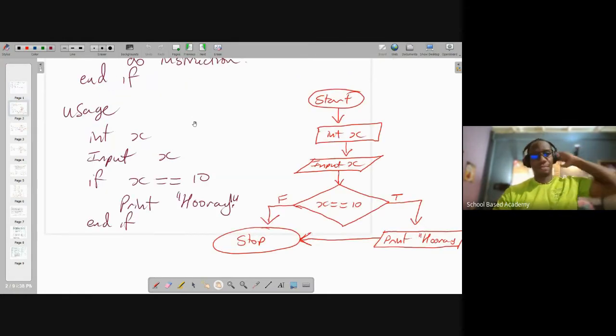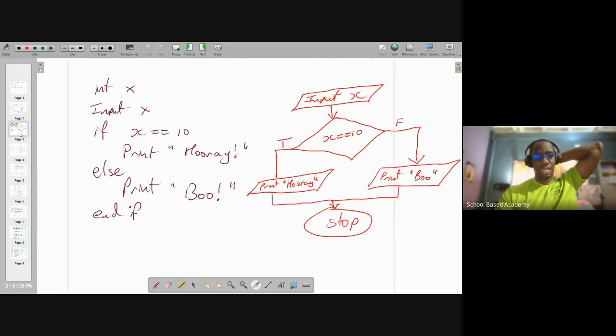We took a look at some examples. We did some flowchart examples along with it. So we had the if structure just by itself without an else, where if the condition is true, you do an instruction, otherwise the instruction is not done. So we see here, once this structure allows us to go on the true branch, we do a task, otherwise we don't do a task. Then we have